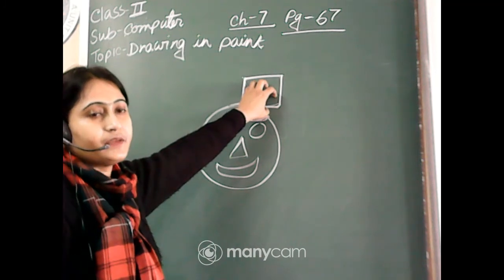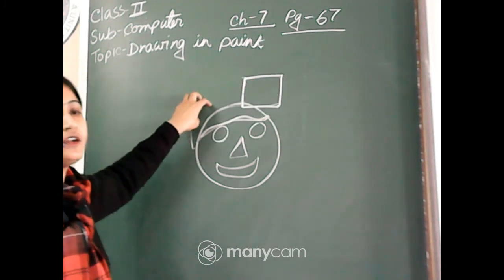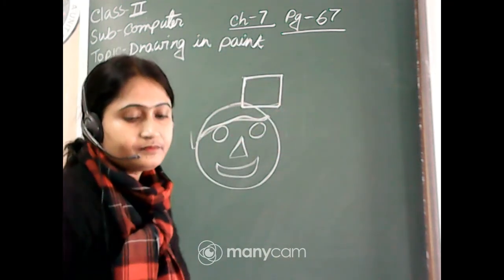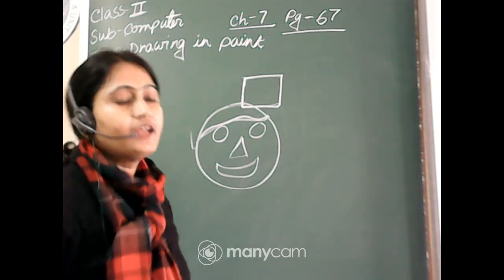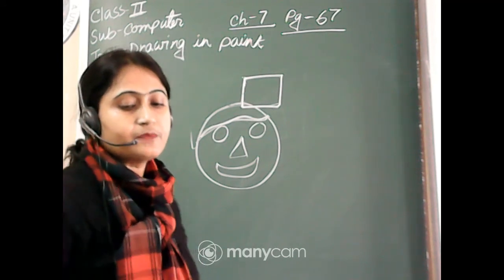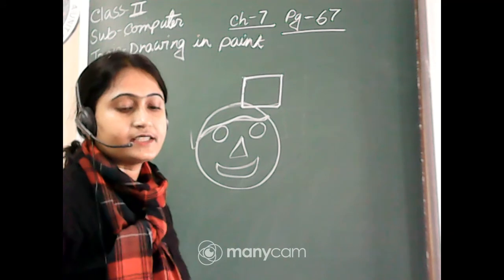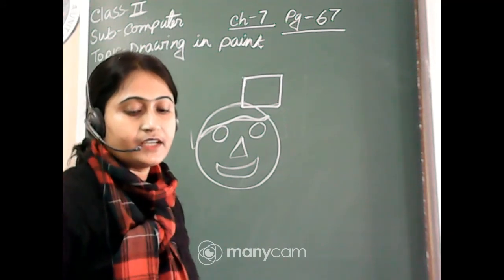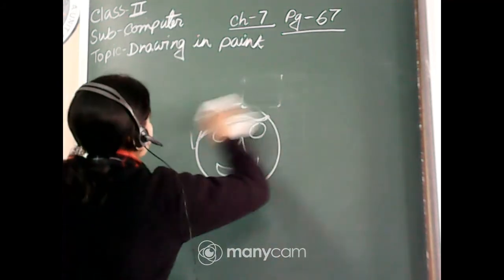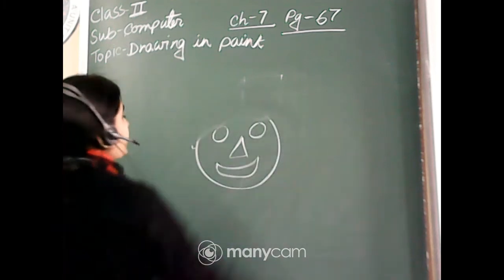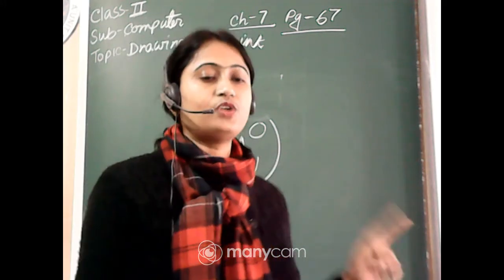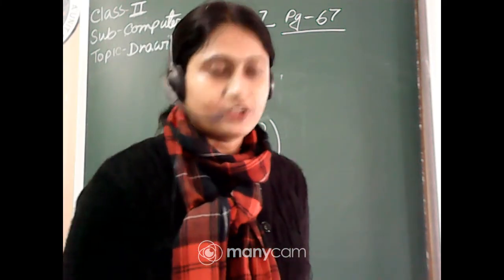It's a square shape. You have to bring the mouse pointer to the particular place which part you want to erase. Then hold down the left mouse button and move it over the area you want to erase. Start erasing the unwanted area of the drawing. If you drag the mouse over this part, this portion will be erased from the screen. Using the eraser tool we can erase the unwanted part of the drawing.